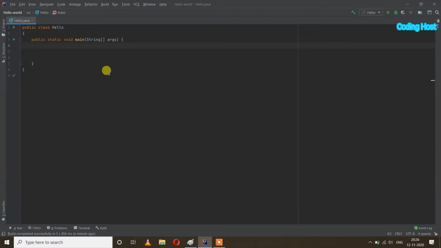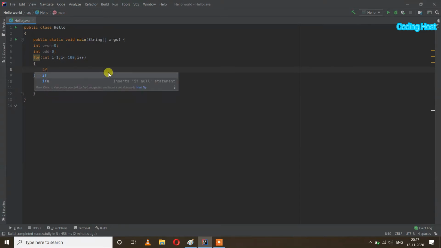So in the program, first I will take two variables, int even equal to 0 and int odd equal to 0, and after that I will take a for loop for int i equal to 1, i less than equal to 100 and i plus plus, and in this for loop I will write if i modulus 2 equal to 0.